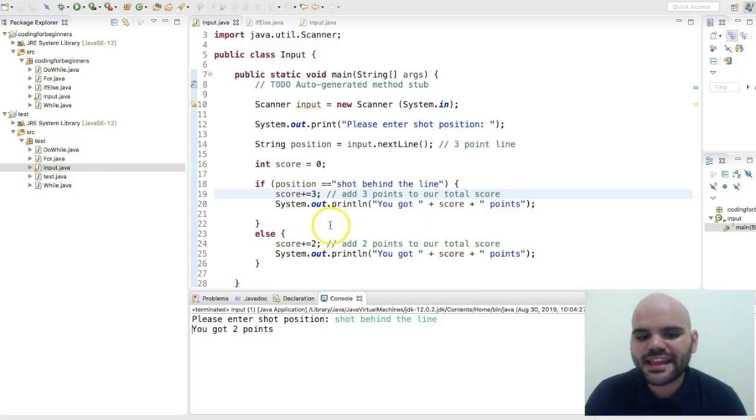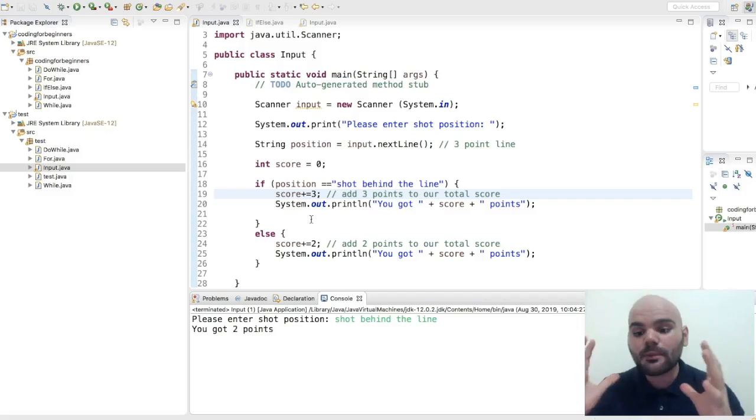Then you see that it goes to the else block because Java is comparing the string object, and it's using the relational operator,